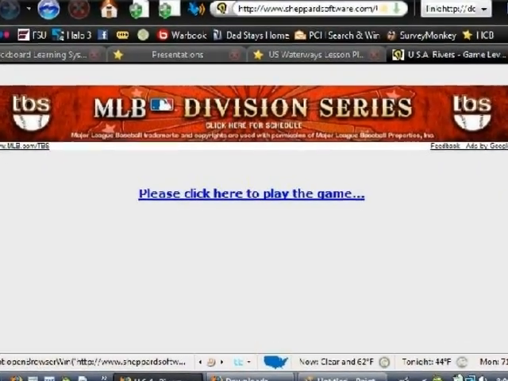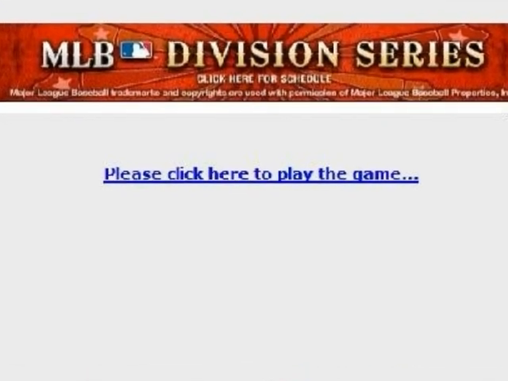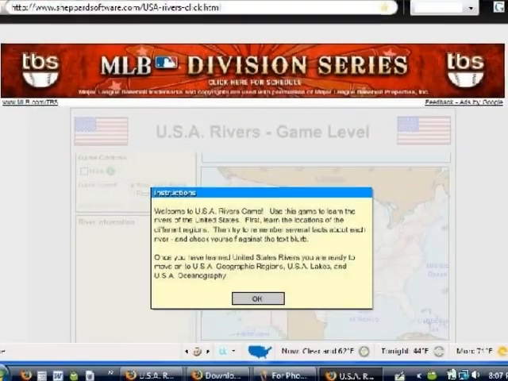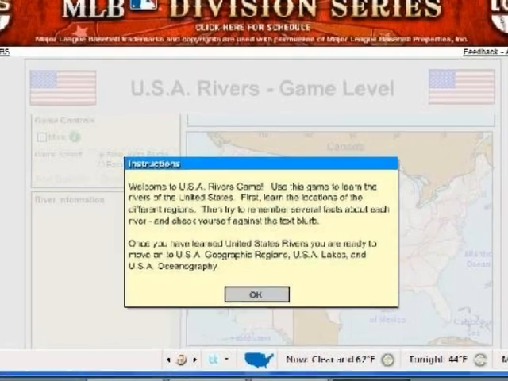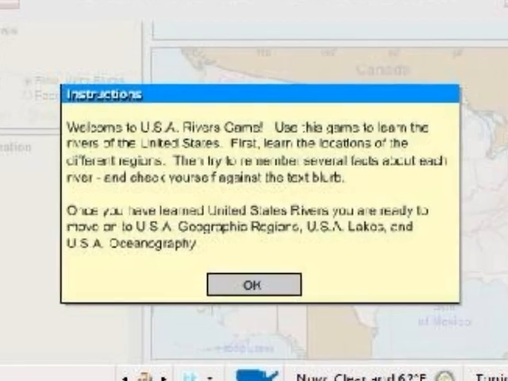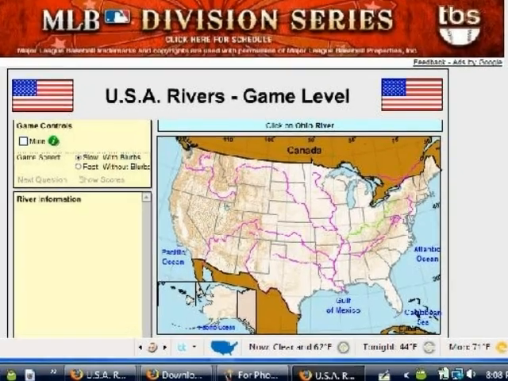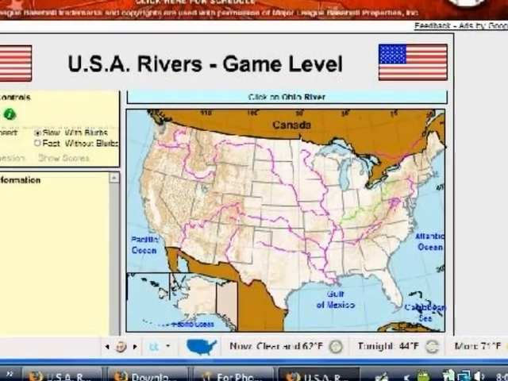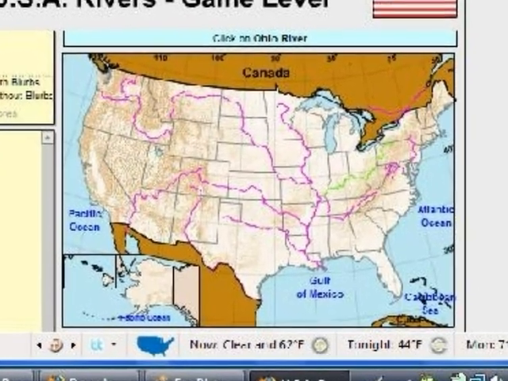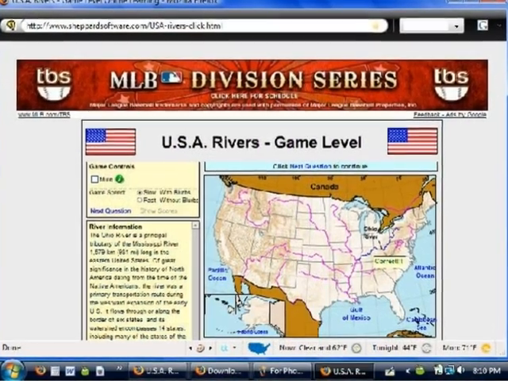These next few slides briefly will show a demonstration of the online geography game that I found that can be used for river identification. As you know, click here to play the game. This game that I found is by Shepherd Software, and it is actually a U.S. rivers game and quiz. The game will begin each session with saying something like, locate and click on the Ohio River. And at that point you mouse over the Ohio River and its location on the map. And if you choose the correct river, as I have here,